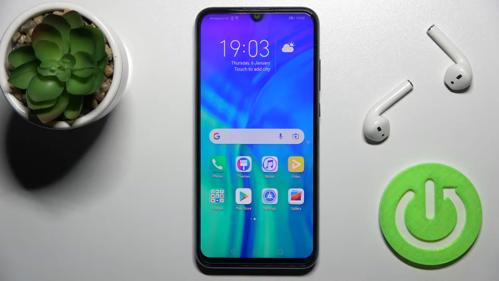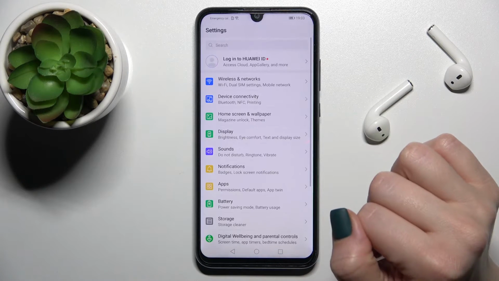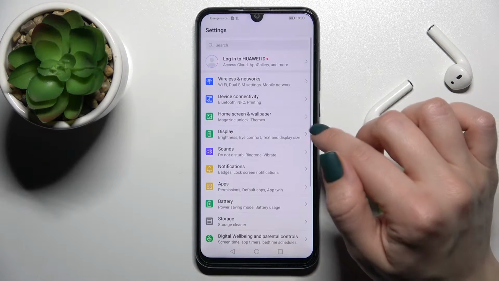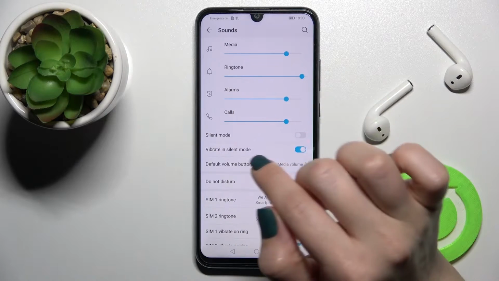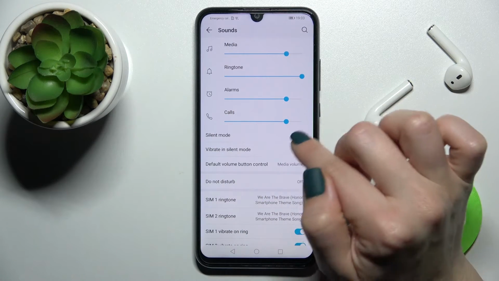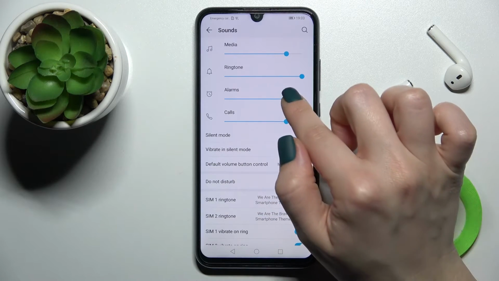Welcome, today in front of me Honor 20E, and I'll show you how to find and manage sound settings on this device. So first you should go to the settings application and then tap on the sound section. Here, as you can see, we got media, ringtone, alarms and calls volume panels, and